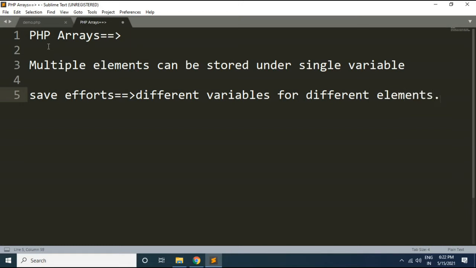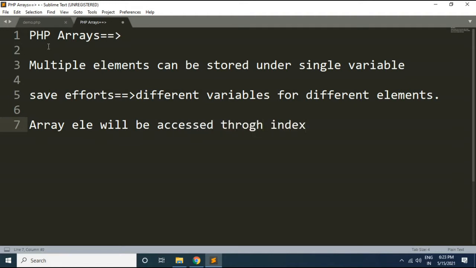These arrays are helpful to create a list of elements of similar types which can be accessed through their index or key. Basically, an index is a number with which we will access particular array elements.